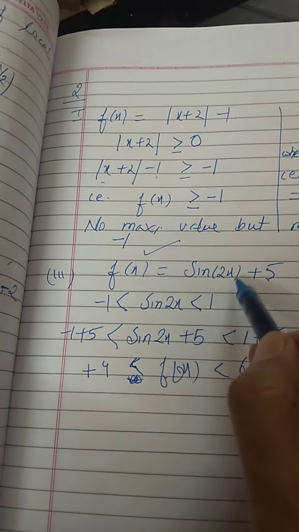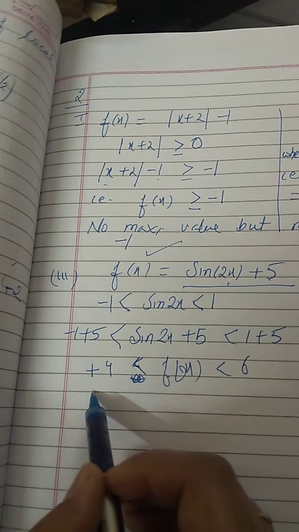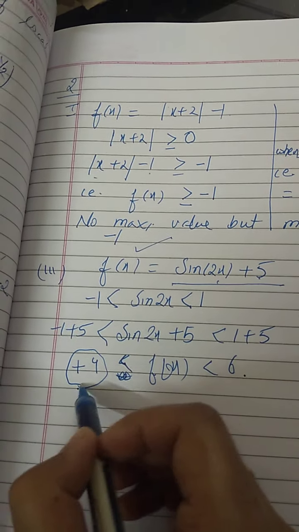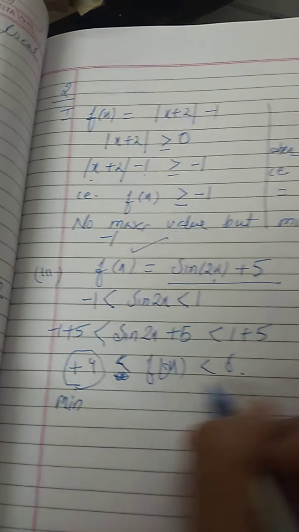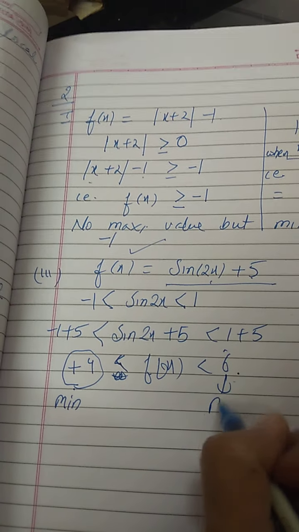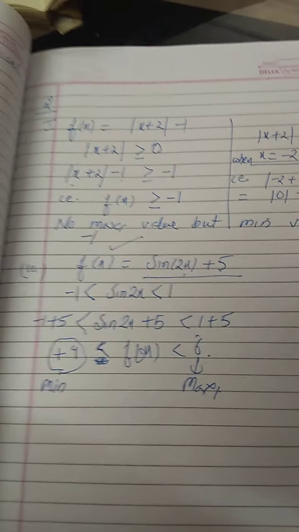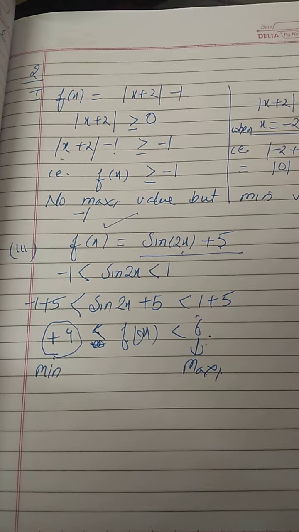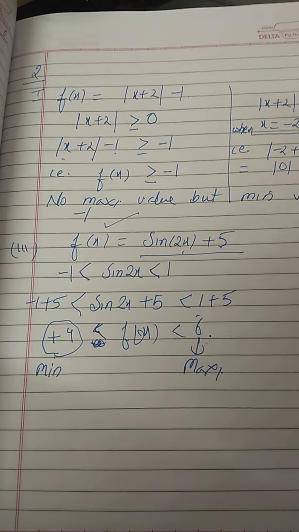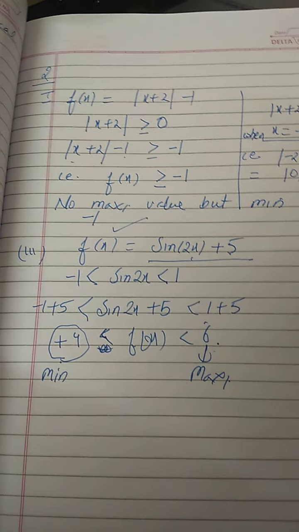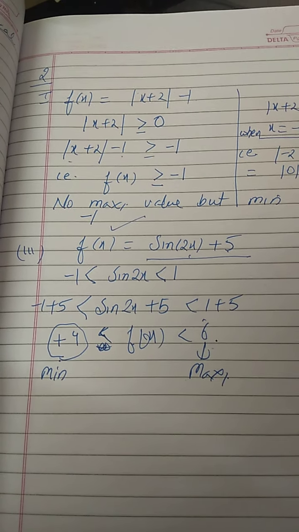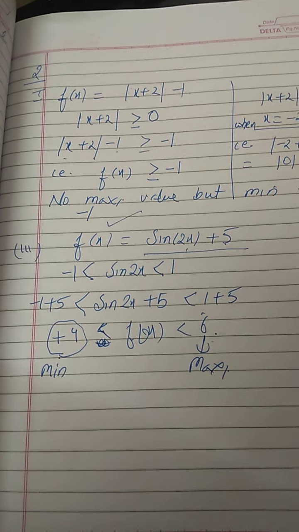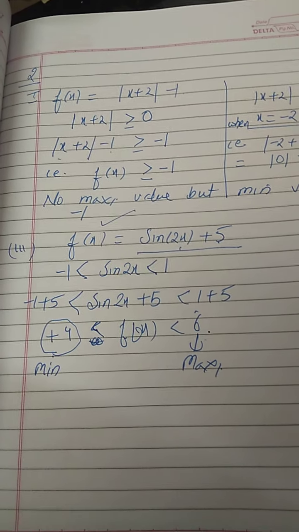So here this particular function has a minimum value and also a maximum value. This is the minimum value the function is taking, and this is the maximum value the function is taking, right? So you people can complete sum number 2 by this method, by just using the concept of the different functions given here. Basically, the modulus function and trigonometric functions are given, which you can do, right? In sum number 3, in all the parts, we will follow the second order derivative test.